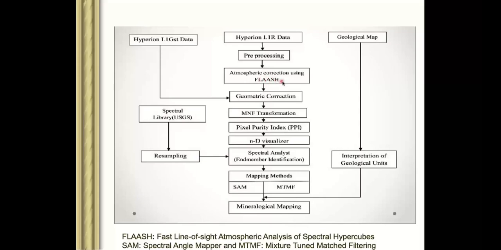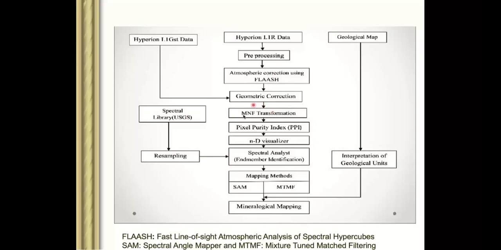So through this, we quantify all those contributions of aerosol, ozone, and water vapor. And once we get their contribution, we add that contribution to our actual reflectance, which is captured by the satellite, to get full reflectance values. So this atmospheric correction is very important to remove the effect of gases. Okay, and then we do this. If you have a geometric correction, suppose your scene is tilted, so we need to do geometric correction so that it will be in the right shape.